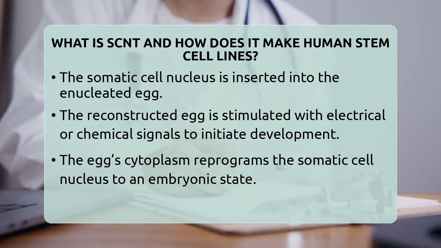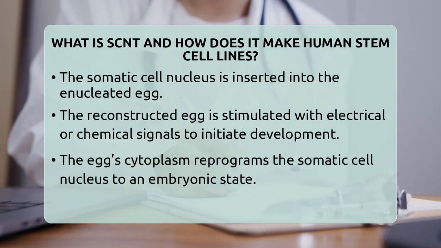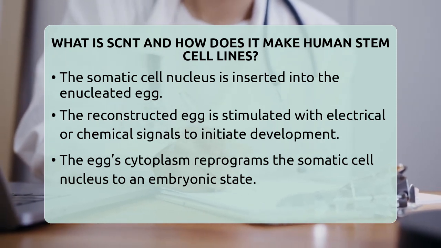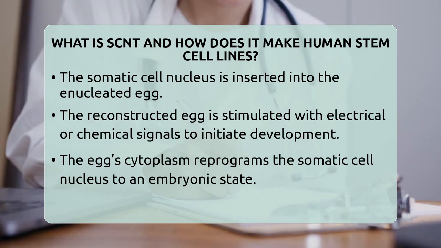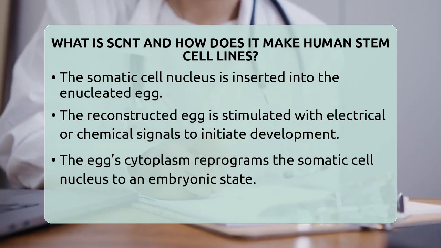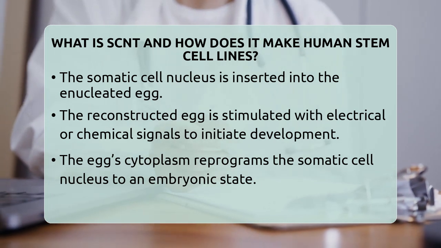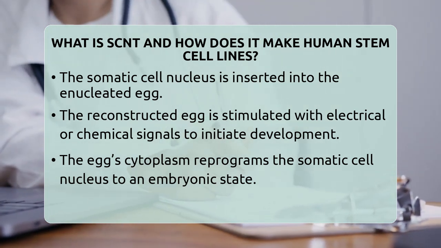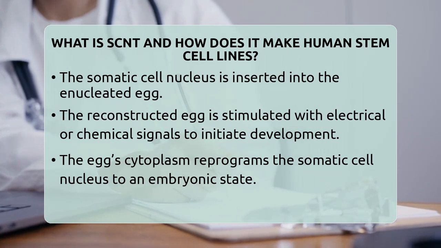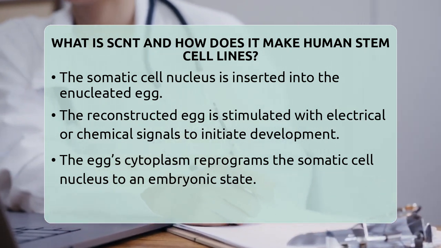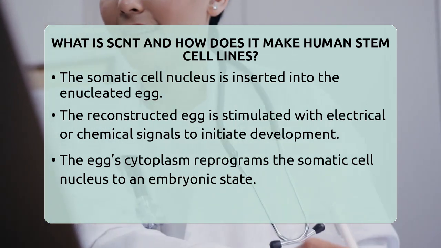Next, they insert or fuse this somatic cell nucleus into the enucleated egg. This reconstructed egg is then stimulated with a small electrical pulse or chemical signals to trick it into thinking it has been fertilized. This activation causes the egg to start dividing and developing into an embryo. The cytoplasm of the egg contains factors that reprogram the somatic cell nucleus, resetting its gene activity to an embryonic